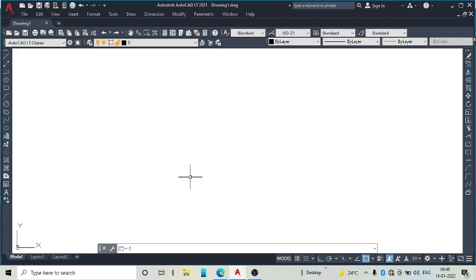AutoCAD is such a beautiful software that, whatever drawing you make, you can control the quality in many aspects. For example, line weight, dimension style, everything you can control properly, and you can improve the quality of the